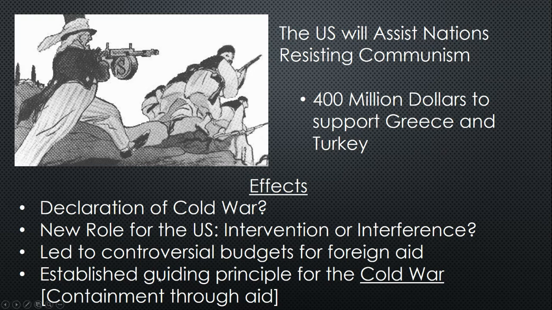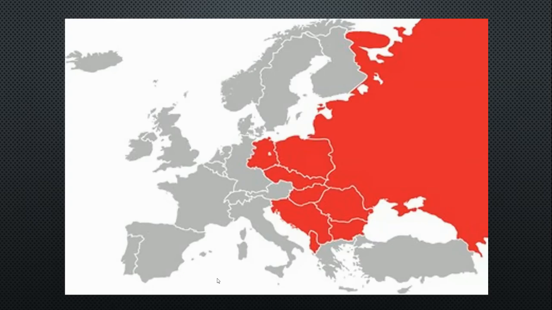So that was also something that was a little bit of a controversy at the time. But in the long run, this is going to establish the United States' guiding principle, anyways, for really much of the Cold War, to assist nations that are being threatened with a communist takeover. So when we look at the map, if the goal was to stop the expansion of these red areas into other ones, we can say that the Truman Doctrine effectively was successful at this point.